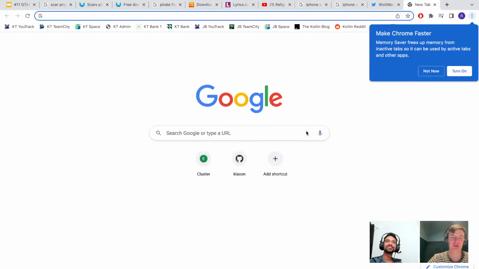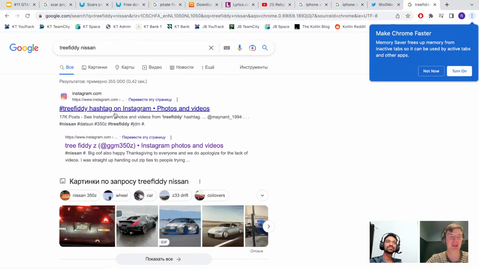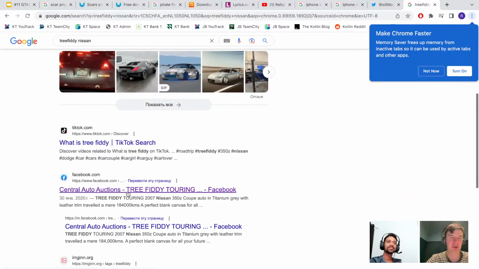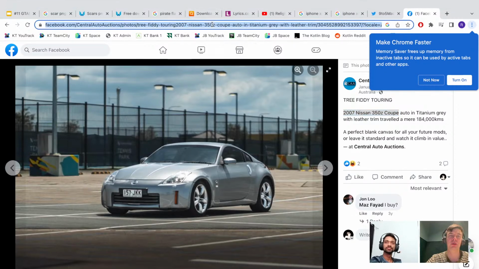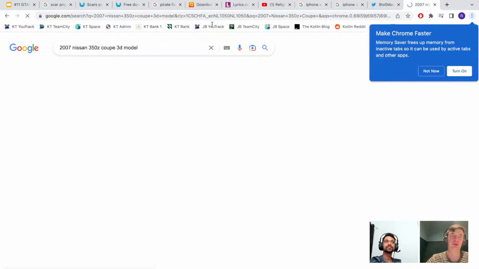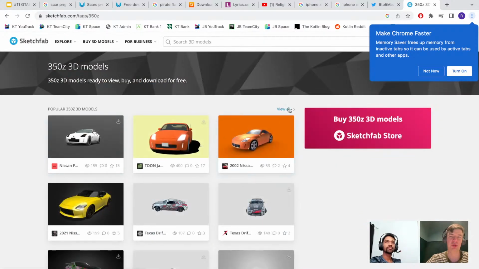So we'll go and write 350 Nissan. I already did it, and one of the first links is just like this. And it looks like this. I don't know what 350 means. I'm not that good at cars, but it's definitely a model. Nissan 350Z Coupe. And I will try to look for its model online, and there are some models on Sketchfab,